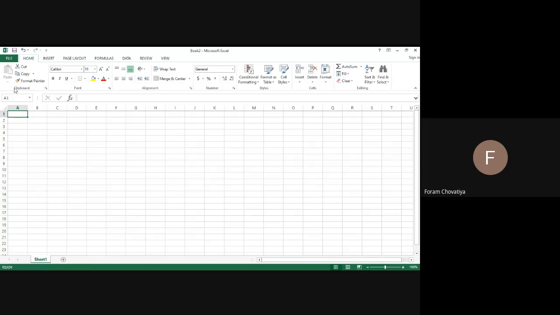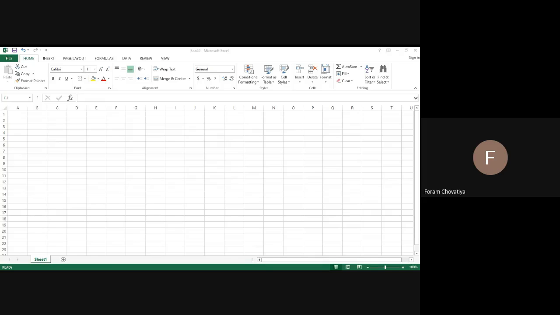Then after that you have to prepare a mark sheet. How can we prepare a mark sheet? Which requirements do we need?